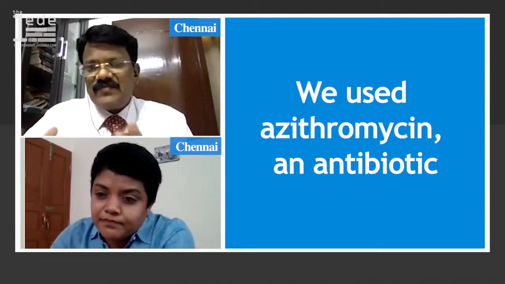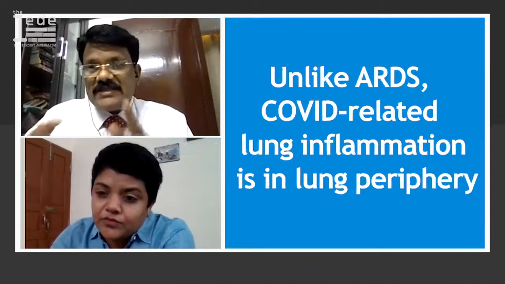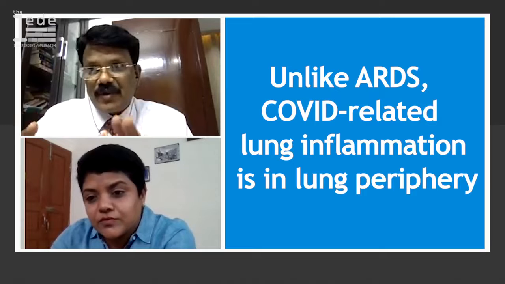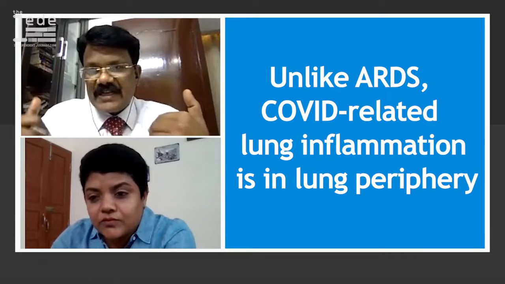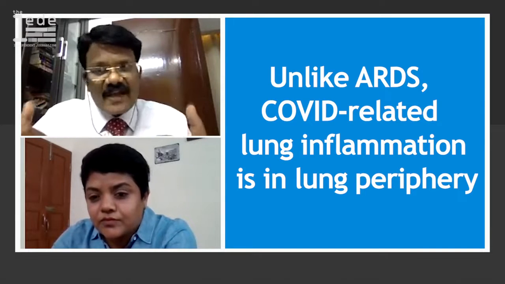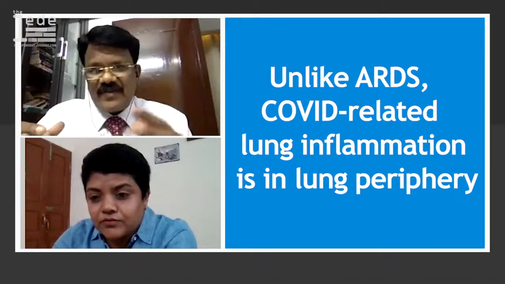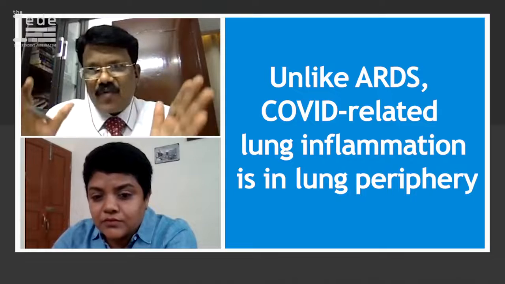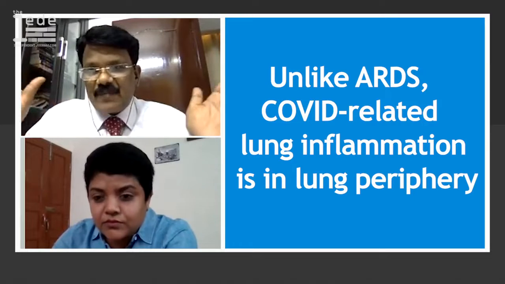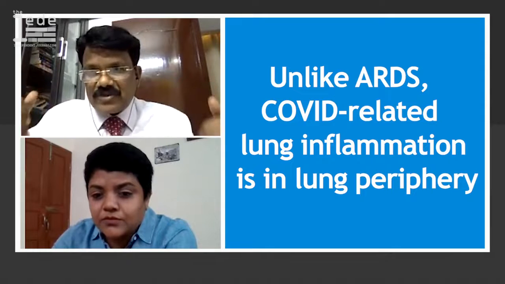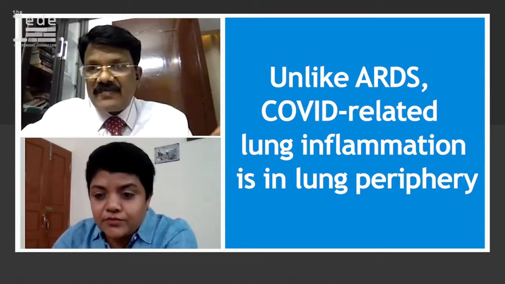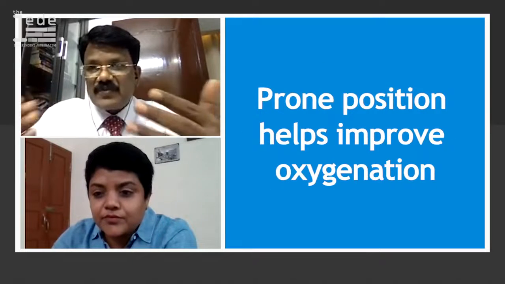Then the fourth thing we understood was that this particular pathology in the lungs, what's the improvement with prone ventilation, because it's occurring in the peripheries. It's not common with the other ARDS. Other ARDS is diffusely everywhere, even central and lateral. But this particular disease involves primarily the peripheries, and the lower lobe and peripheral zones are involved. And if you put the patient in a prone position, the ventilation improves and the oxygenation improves,